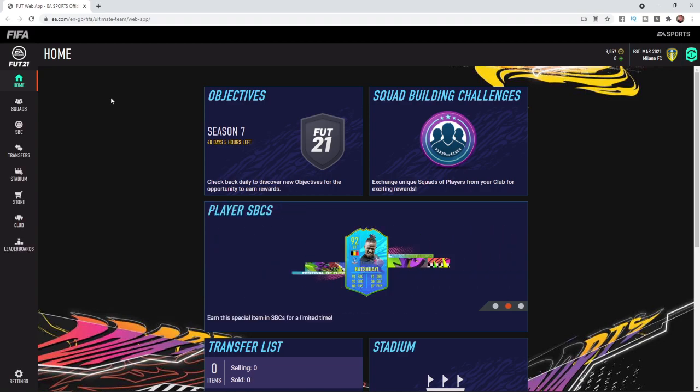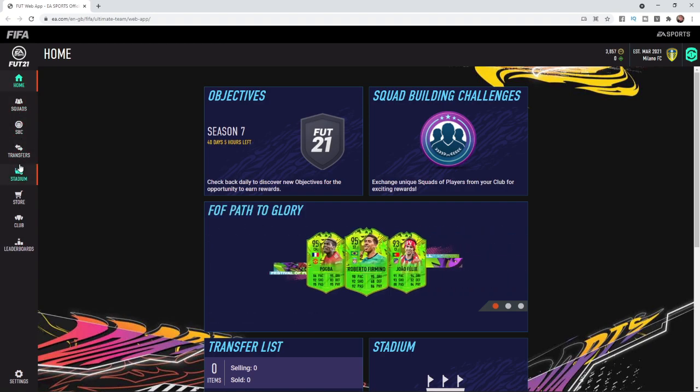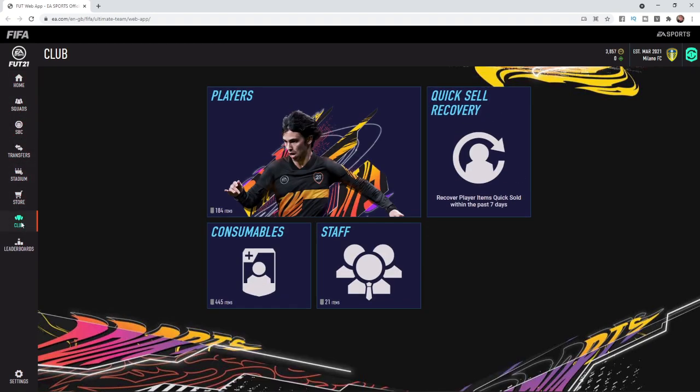So the first thing you want to do once you have signed in to your web app or on your mobile phone is come to the left hand side bar here and scroll down until you see club. Click on your club, and that will bring you to this page here. And then as you can see, there is a tile here with the option for quick sell